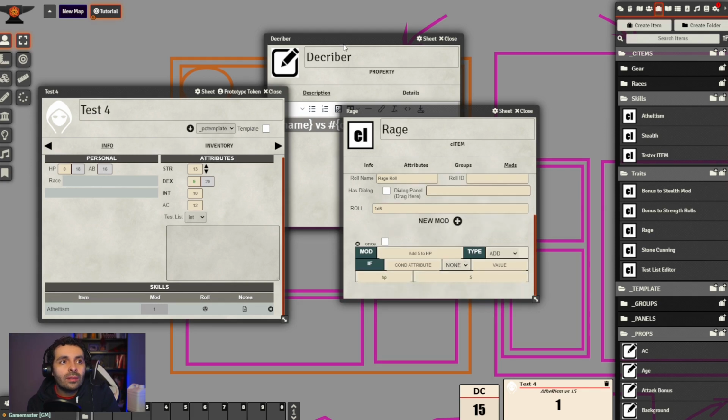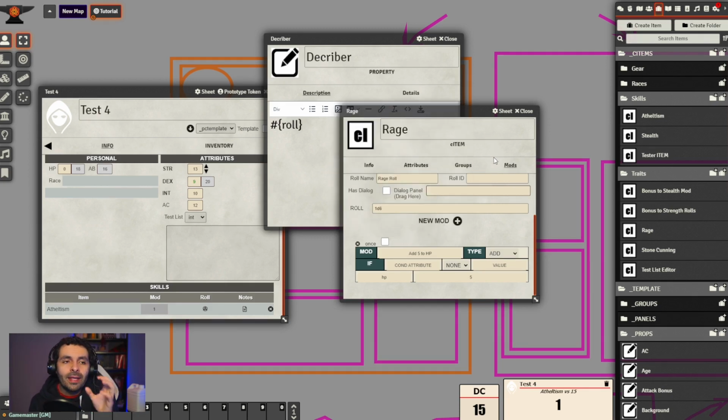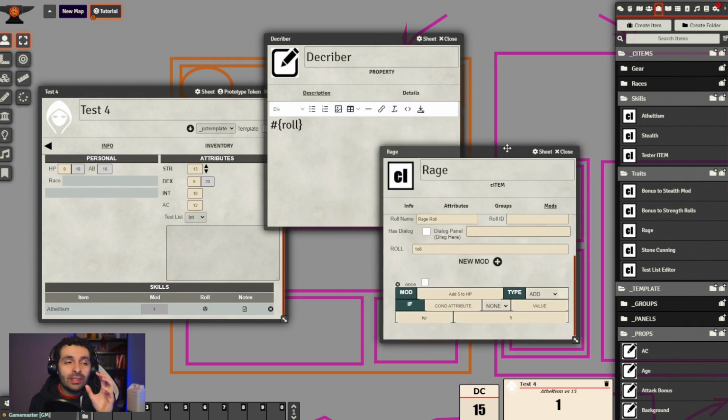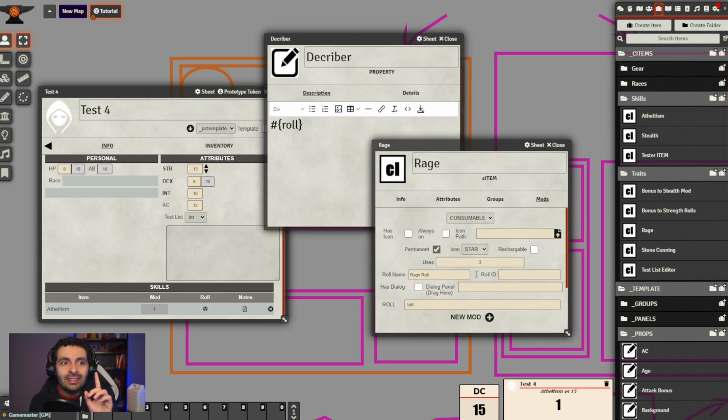Is the role expression. This one. What does this one do? This one takes the role executed by the CItem, so you can only use it on CItems. This means that the rage CItem, as you can see, every time you use it through the use icon, is going to roll a 1d6.